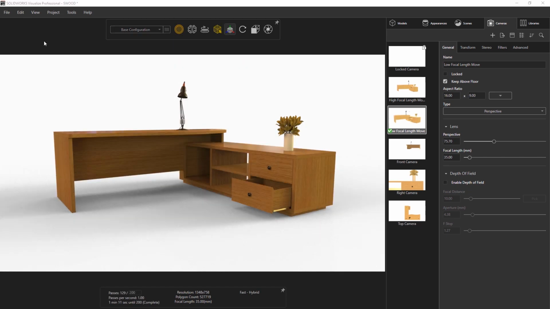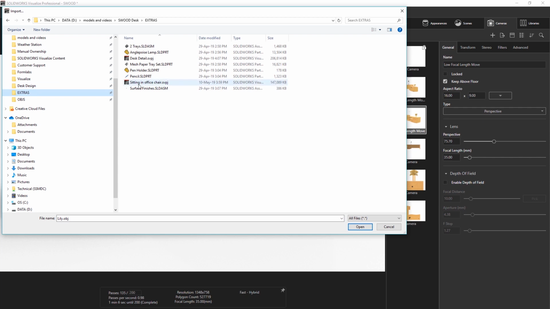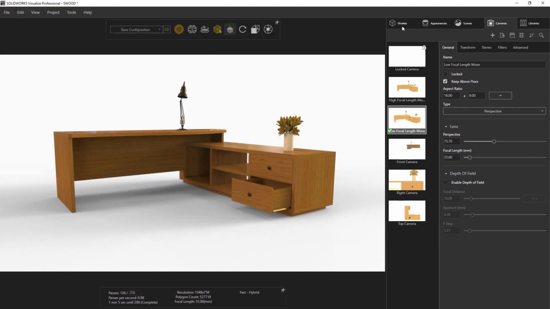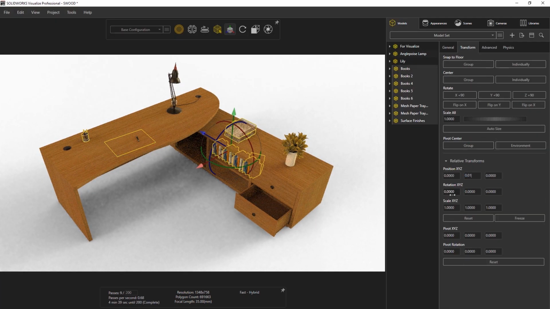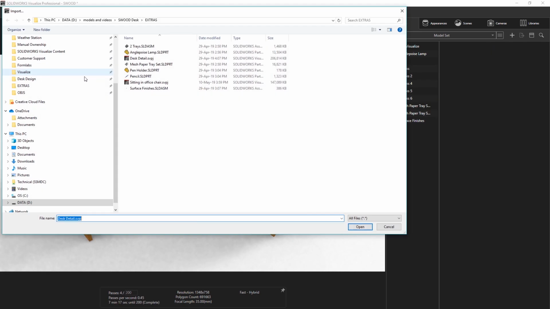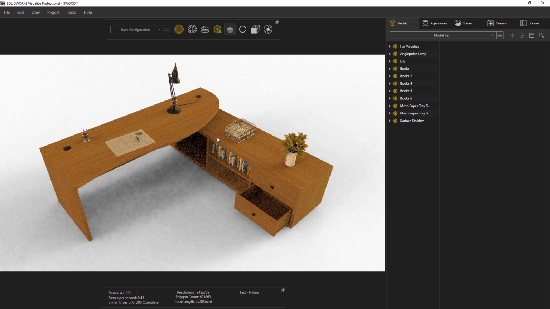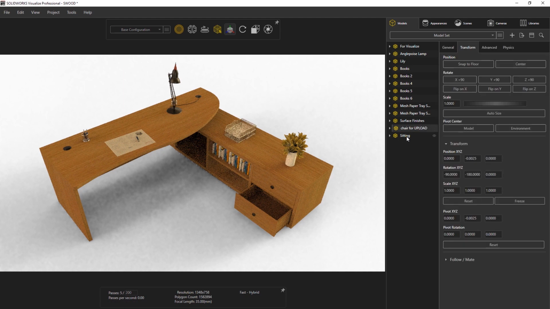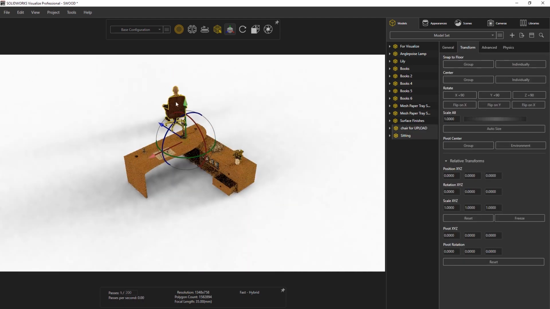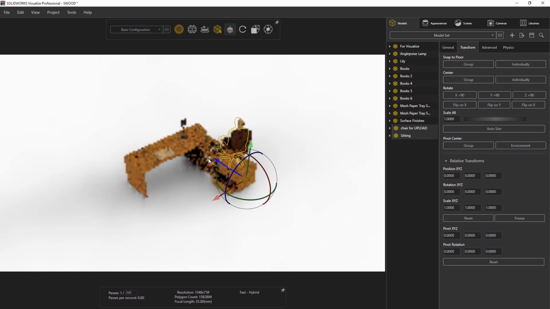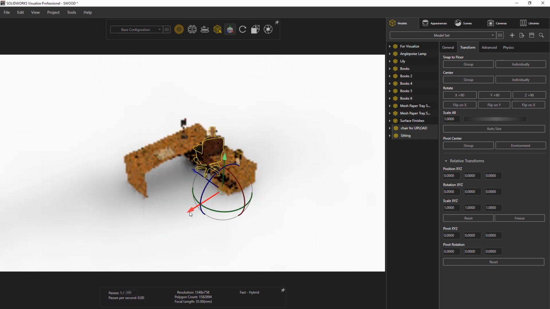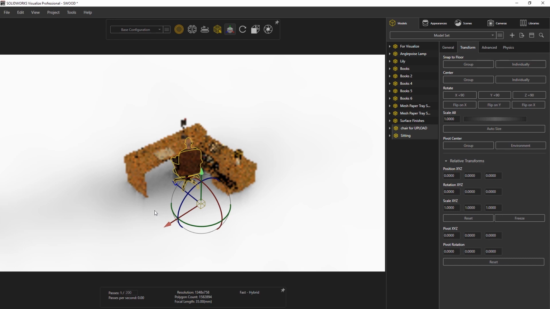If you import similar parts over and over again to different projects, you can import these into a project file, add the appearances, and then just import these projects into the current project. For things like this person that was created in DAZ Studio, exported as an OBJ and then imported into Visualize and sat on the chair, this can be a good way to show the scale of the desk.